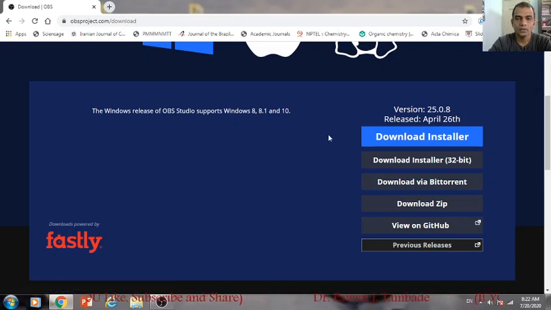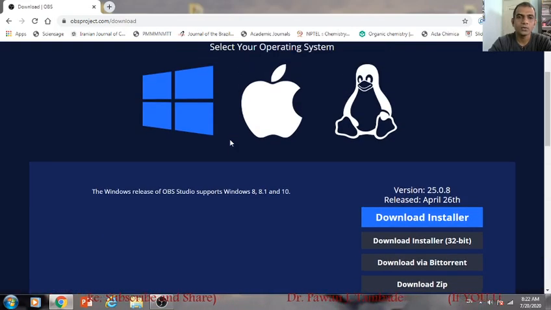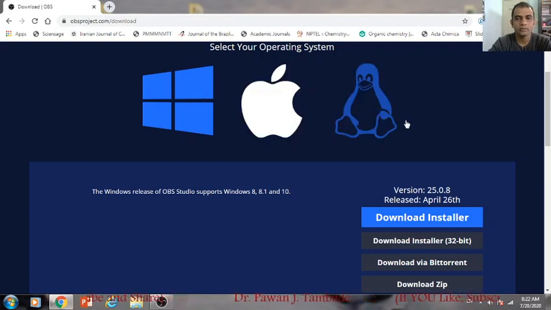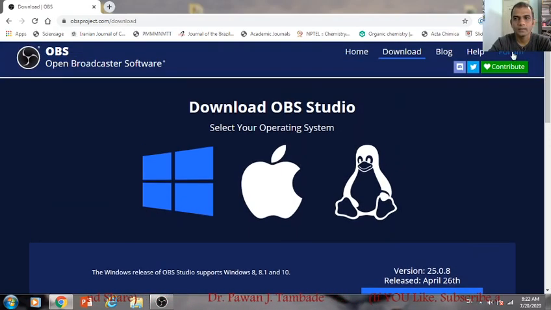Once you click on either of these links, downloading of this software will start, and after some time your software will get downloaded. Then you need to go to the download folder, click on the OBS software which got downloaded and give it permission to install in your system.